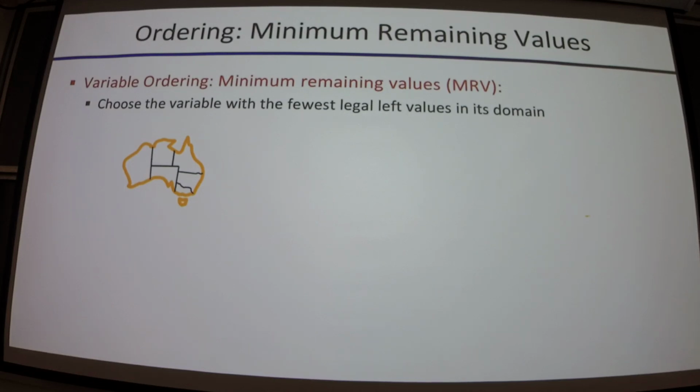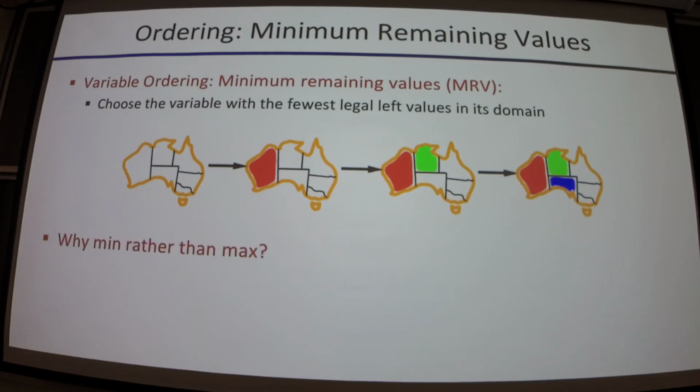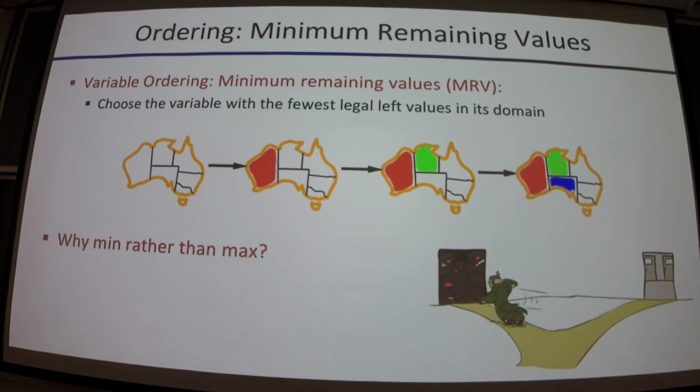But this is kind of the intuition, right? It's heuristic. So we want to fail early. If we pick red here, then we should be assigning values adjacent to that, because those values have had their domains restricted, right? And so on and so on. So we talked about why min rather than max. This is taking the hard road. The intuition is we have to assign every variable at least once.